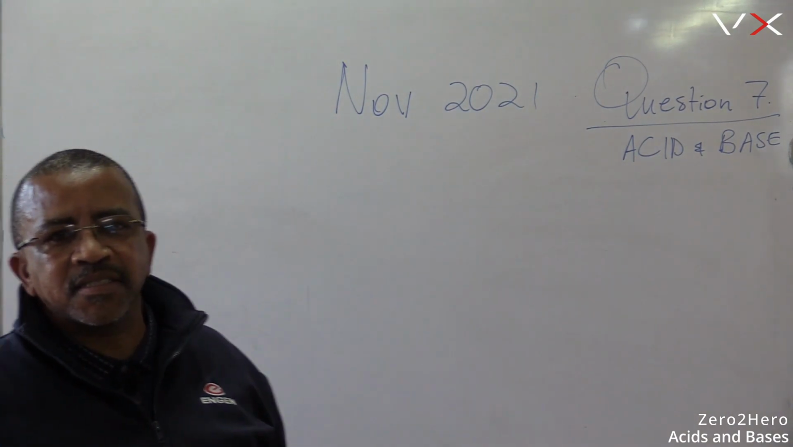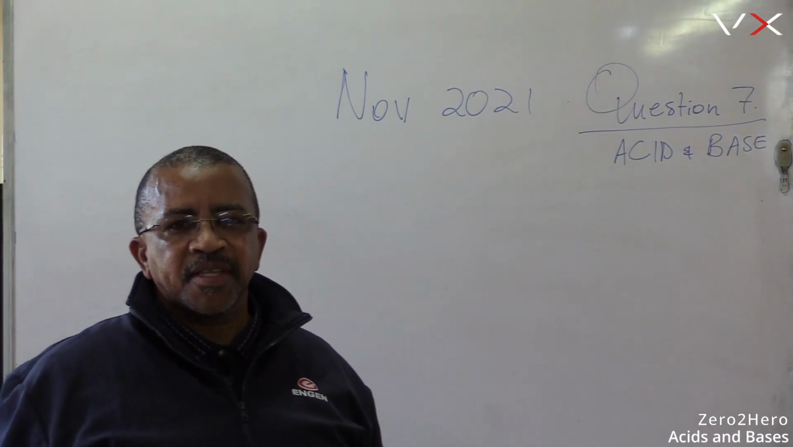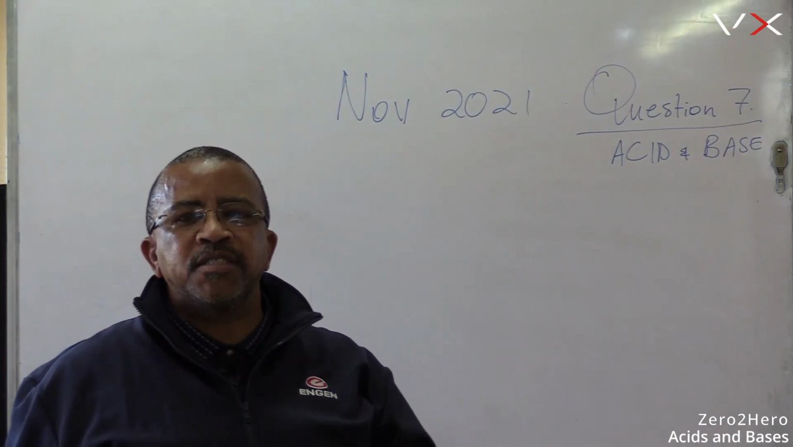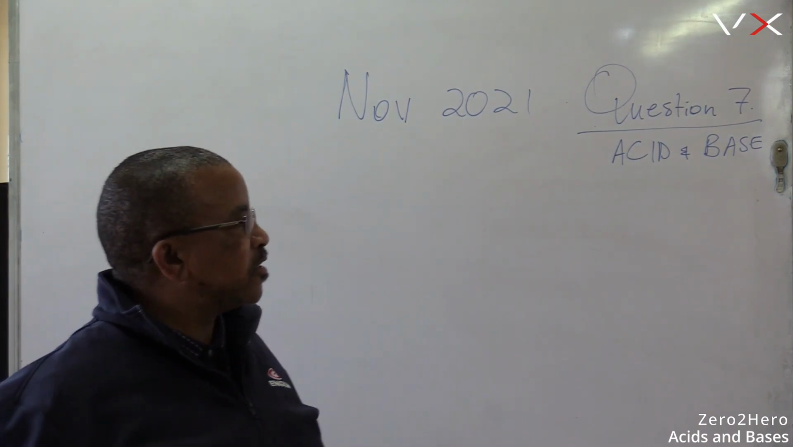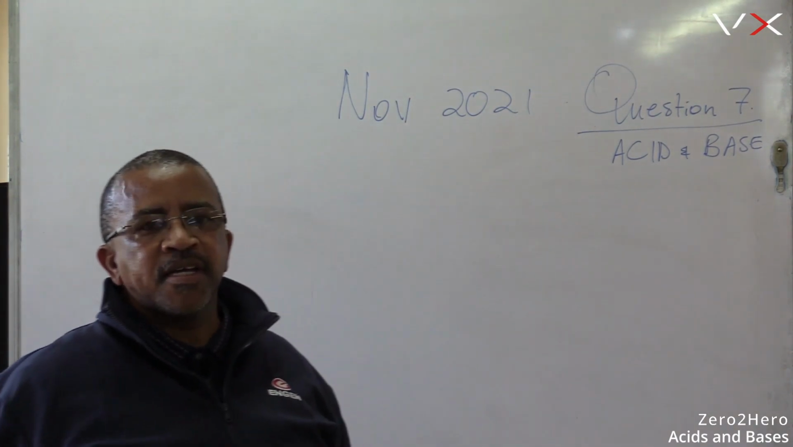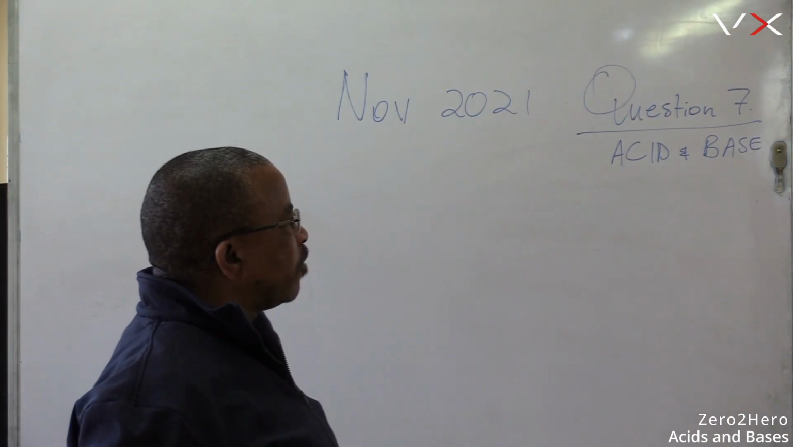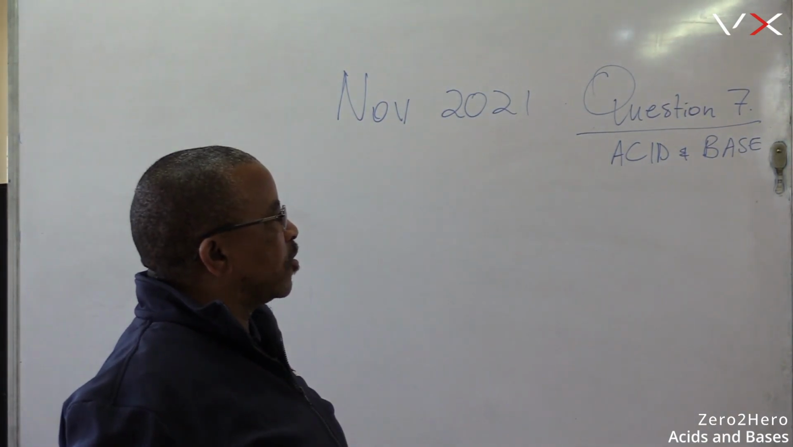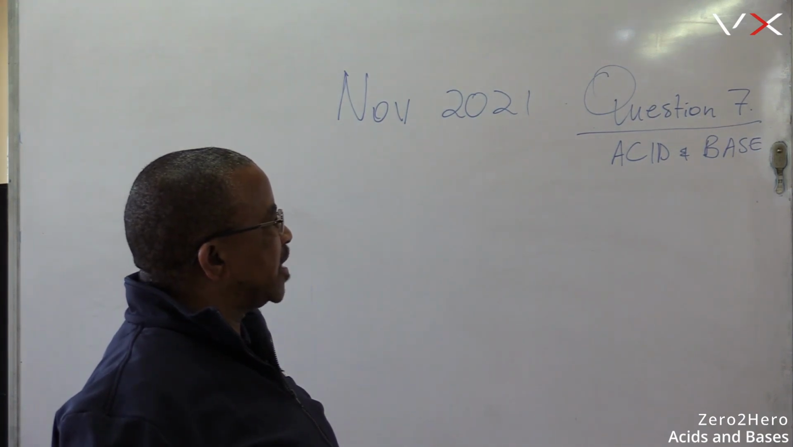Lowry-Bronsted defined the acid as a proton donor. It's any substance that can donate a proton in a solution. So an acid we define as a proton donor. 2 marks. Write down the name or formula of the substance that acts as an ampholyte in the above